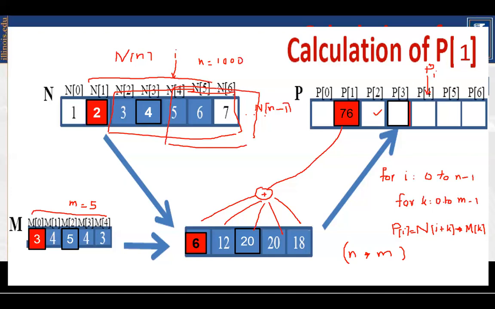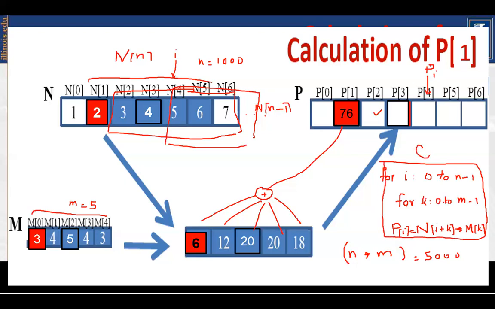What is the order of complexity? 1000 into 5, 5000 multiply accumulate actions will take place. 5000 multiply accumulate operations will be the steps for this C code. This is my C code.